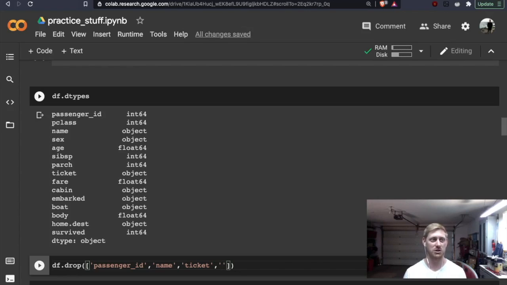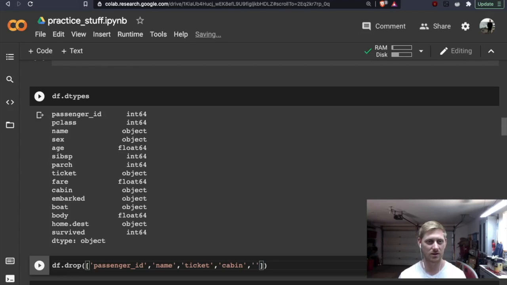Maybe families purchased bulk tickets, or maybe they had specific tickets based on P class and based on where they embarked from. But for now, let's just assume that the ticket is assigned to each specific individual. What else? Cabin we can get rid of as well, only because there's a lot of missing values, so we don't know who was associated with what cabin.